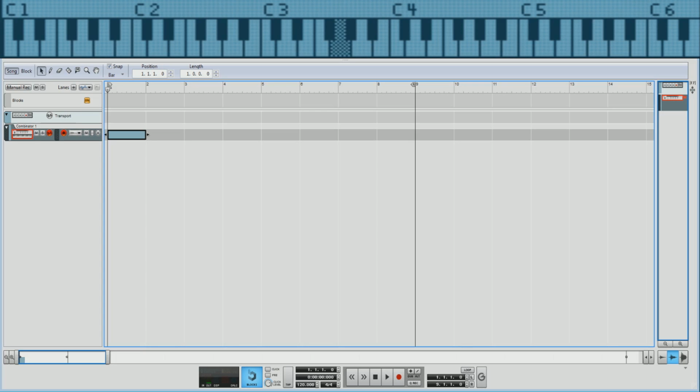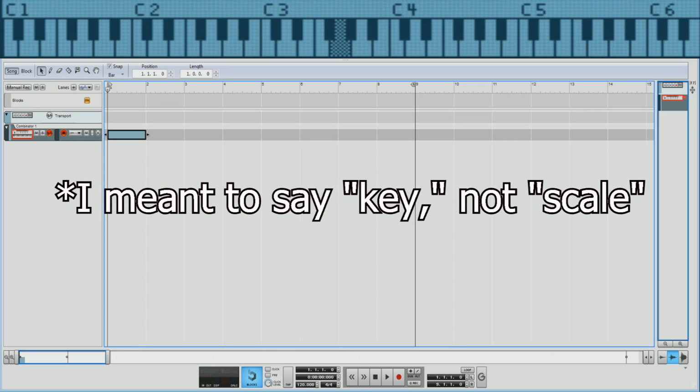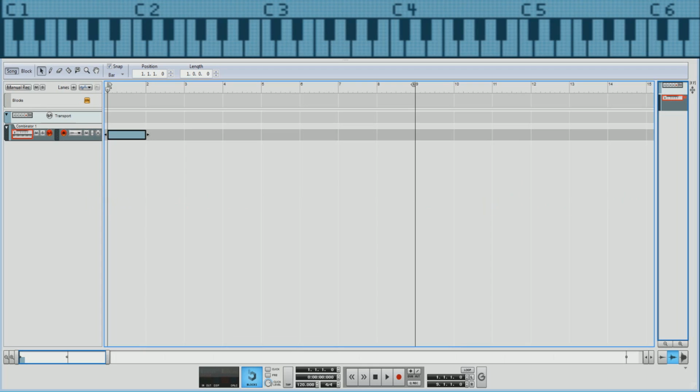So you hit G, you like G, G tickles your fancy. Then you want to determine if you want to use a major scale or a minor scale. Major scales are typically more happy sounding, minor scales are more sad sounding. So you hit G, let's just say you want to make a happy song. So you want to use G major, go into Google, type in key of G major, and I'm pretty sure